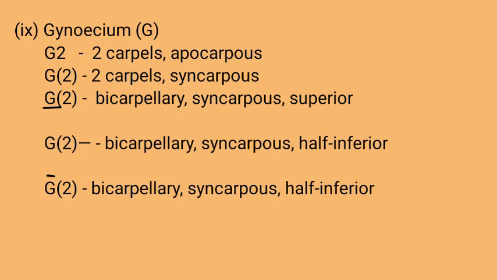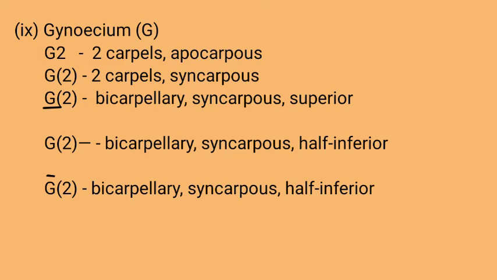The next one, G(2) with a line on G, which means bicarpellary, syncarpous, fused carpels, inferior ovary, which means the gynoecium is present within the thalamus. That is why the line is present on G. Here the line indicates the thalamus. You have to remember that the floral formula of the gynoecium explains only the ovary, not the